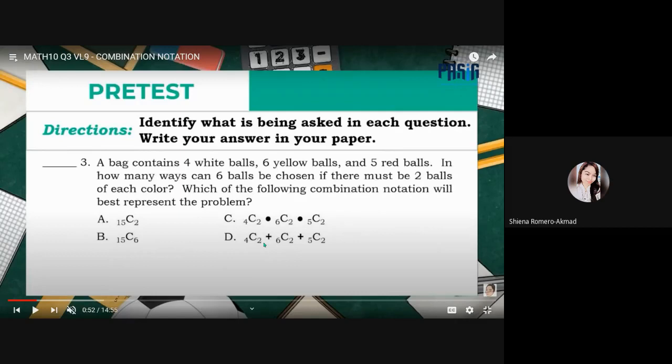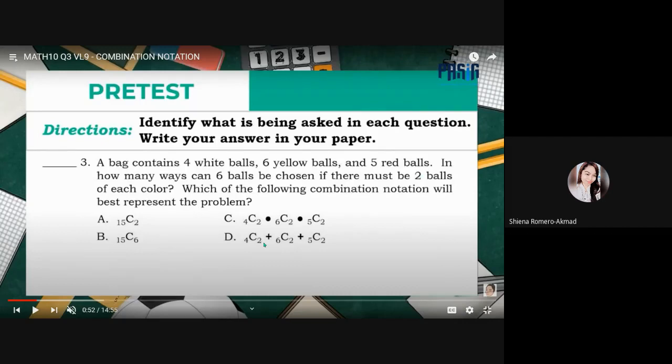Okay, so yung reason yan, bakit plus or bakit multiplication? Kapag kasi they will happen at the same time, mangyayari sila sa isang, the getting the balls will happen at the same time, multiply. Pero kapag,